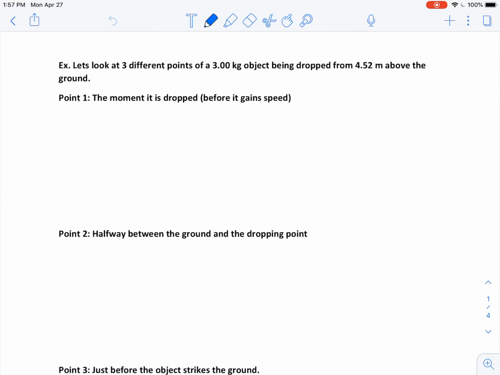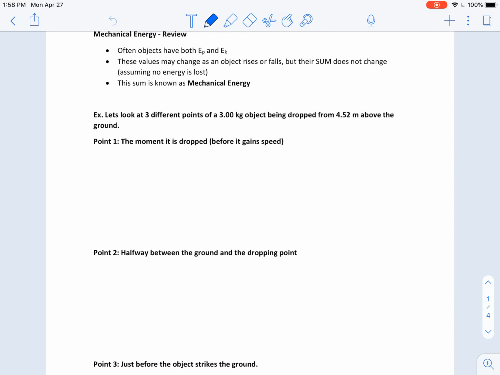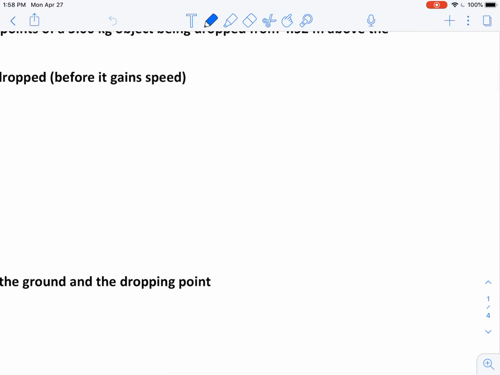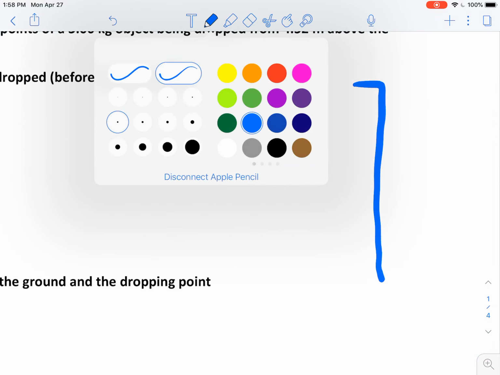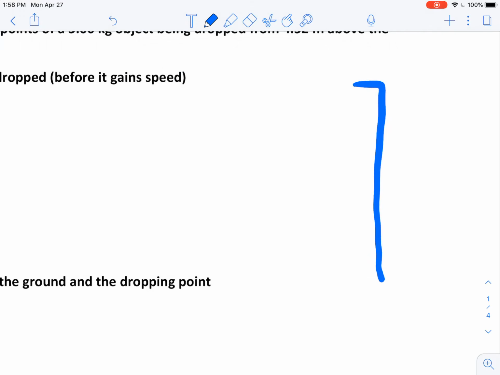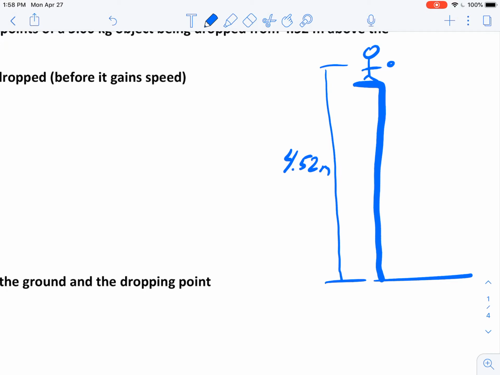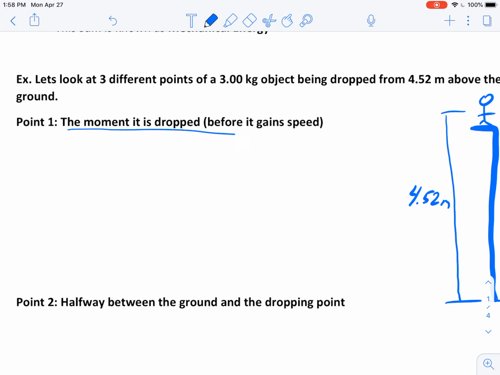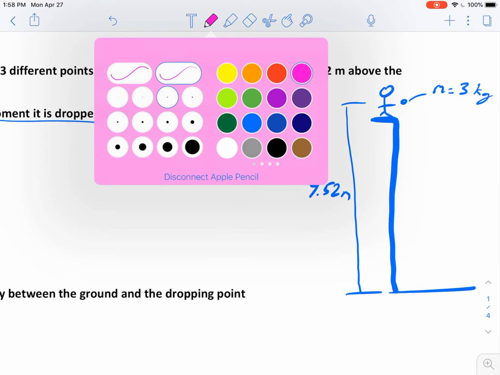Let's look at 3 different points of an object being dropped from 4.52 meters above the ground. So I'm just going to draw it over here. Something like having a cliff and dropping something, where that height from here all the way down here is 4.52 meters. And this is 3 kilograms. Now from the moment that it's dropped, before it gains speed, that's just right here, at this point here,